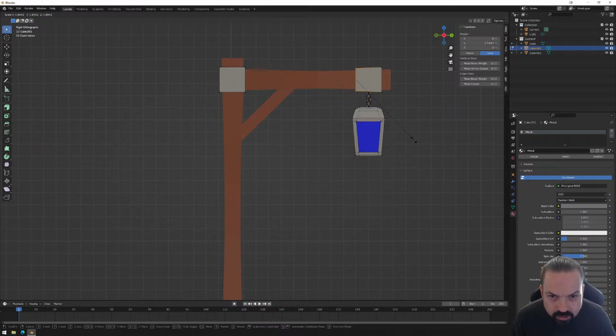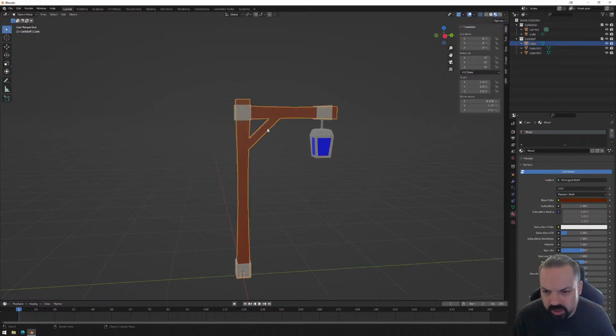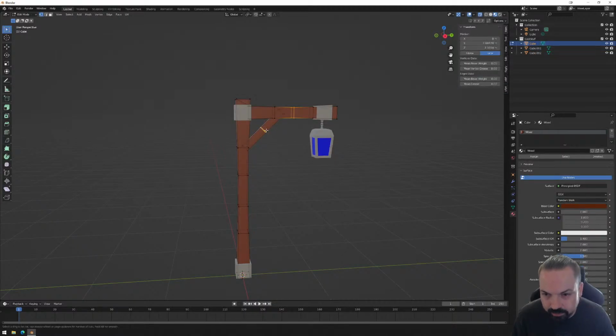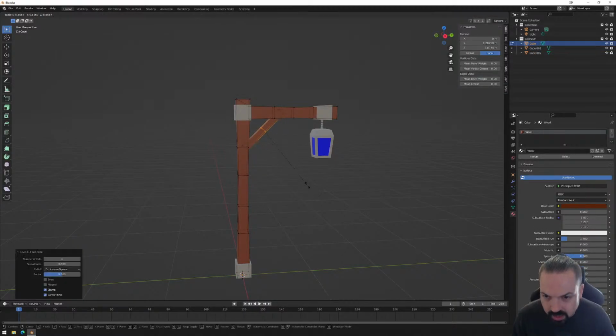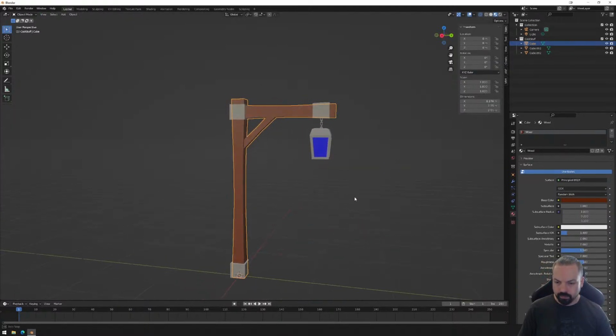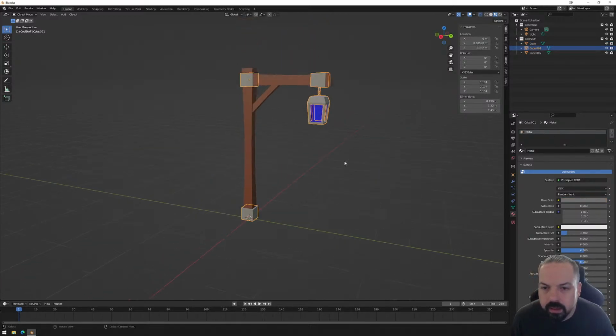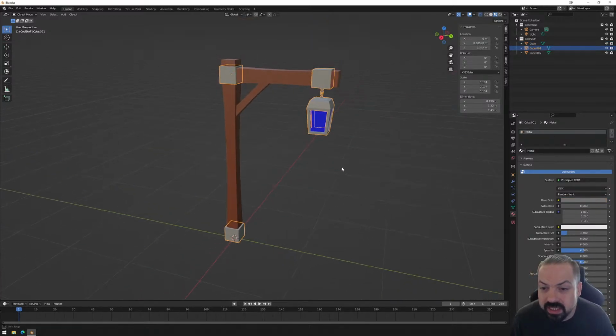Scale down. Do we want to put it on this one as well? Maybe a little bit. Just one. Scale down. And there we have a stylized